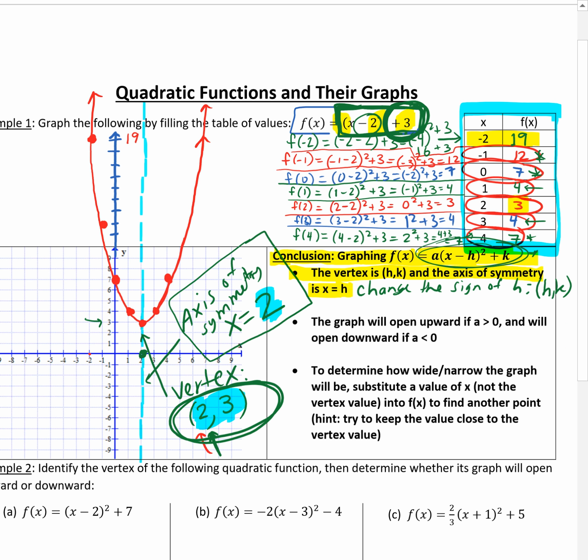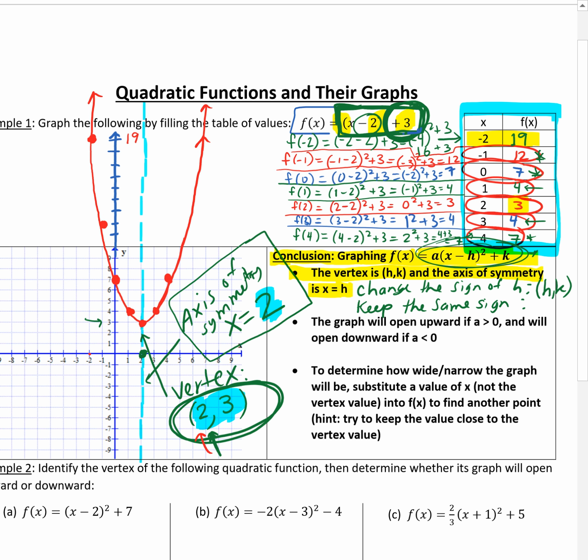If you look at the numbers that are sitting there with x in your function, it's going to tell you the vertex, but for the vertex x value, you have to change the sign. The y value, you do not have to change the sign. So that's one thing. And then the second thing that we notice, if you were to graph more of these,